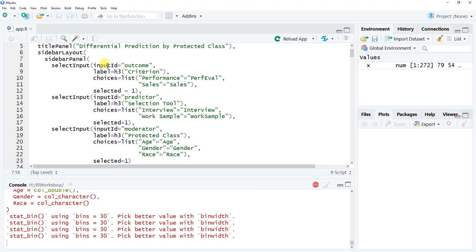And so here for the select input, this is instead of doing a slider, this is select input. This is how you can do a drop down. I first need to come up with some kind of name, the input ID that I can reference in the server logic later on. Here I call it outcome because I could have called this criterion too. That might have made more sense given that I label it criterion, but I just left it as outcome here